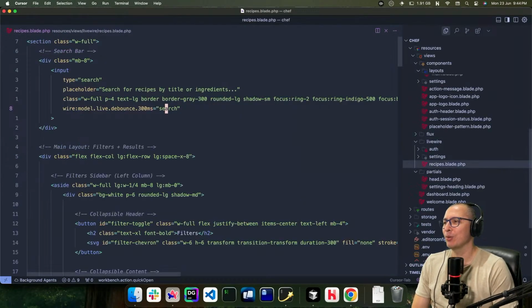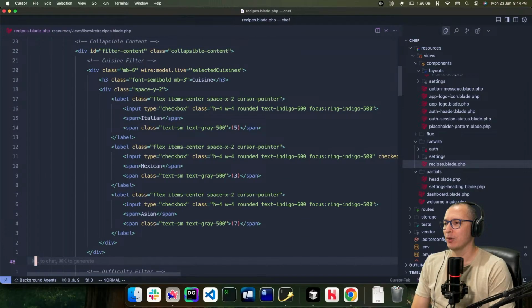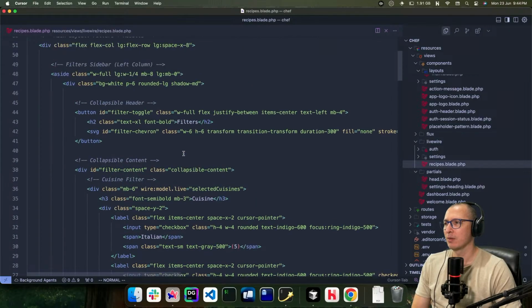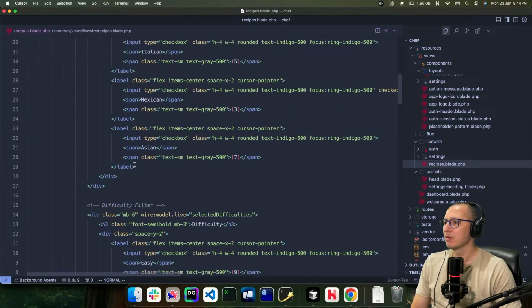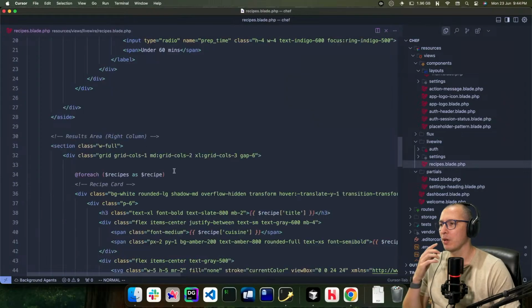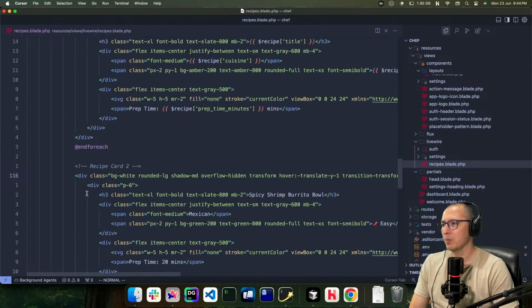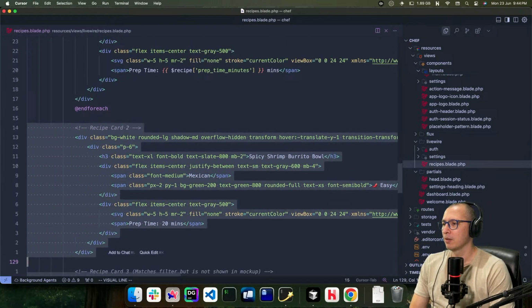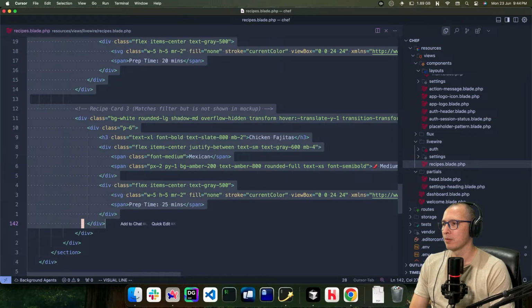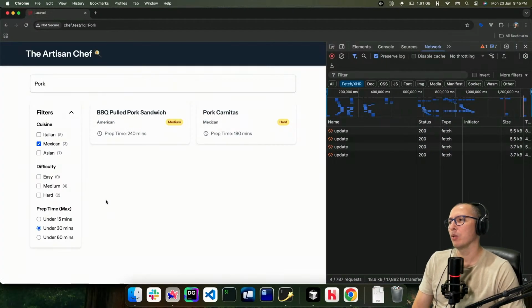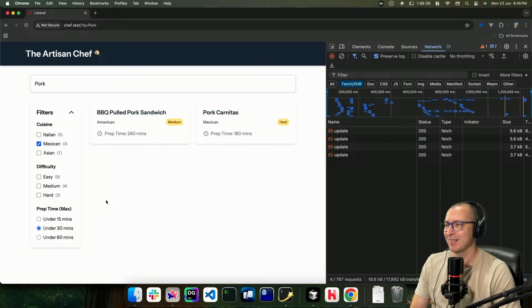If we go to here, head down over. Where is it? Where is the card? Here. I just need to remove these other two cards from here. Now we're cooking. Get it? Cooking? No? Okay.